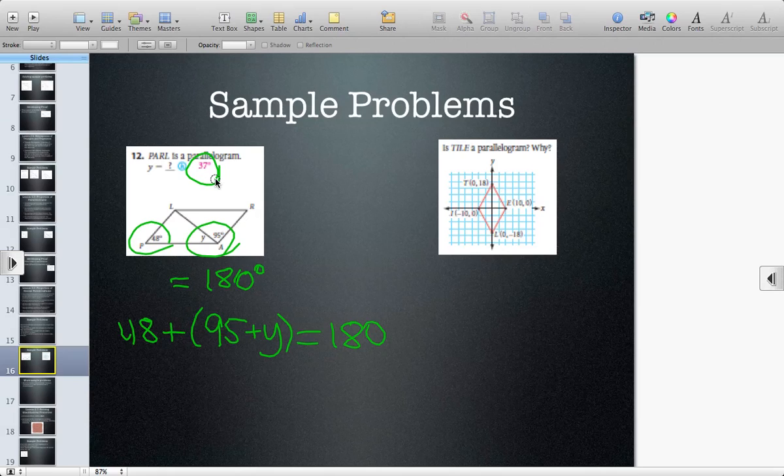The next question says, is TILE a parallelogram? And if it is, why is that so? Well, we can tell by looking at the picture that the diagonals are congruent to each other. So using the converse of the parallelogram diagonals conjecture, which states that the diagonals of a parallelogram bisect each other, we can say that it's a parallelogram. We can also prove using the distance formula that this side is congruent to this side, and this side, and this side. So all four sides are congruent, meaning it's a rhombus. And of course, a rhombus is